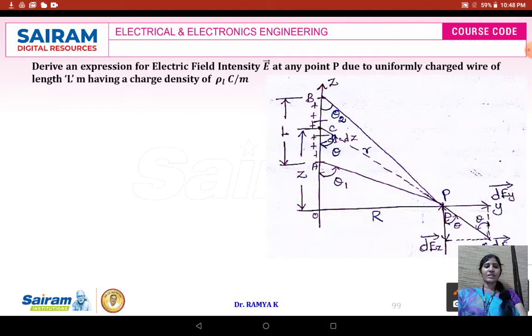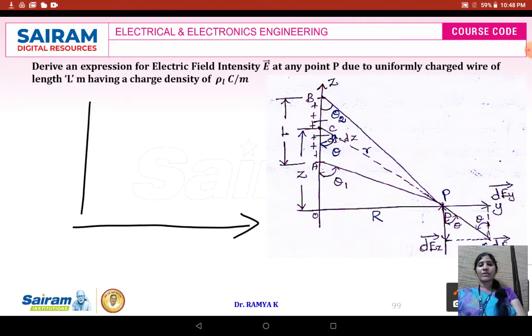Now you can consider the uniform charged wire of length L meter. So let AB be the length of the wire. This we can start to analyze in Y and Z Cartesian coordinate system. This is going to be your y axis and this is going to be your z axis. Here we are going to derive an expression for electric field intensity at any point P due to uniformly charged